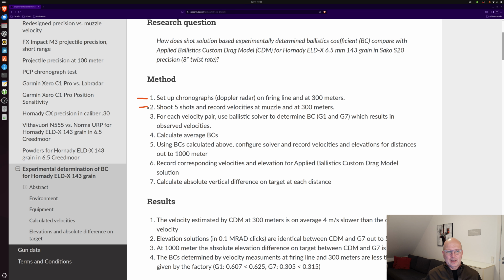Then I shot, and you could shoot more of course, but I decided to shoot 5 shots and record these corresponding muzzle velocities and velocities at 300 meters. And then for each of these pairs of velocities, I use a ballistic solver. In this case, I used my Garmin Tactix, which has Applied Ballistics built in, and then I key in the